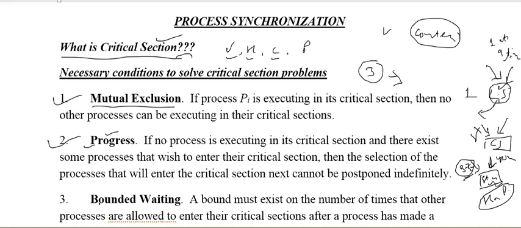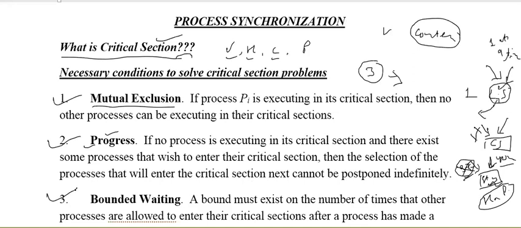So the condition says that this should not happen. Design a system in such a way that these types of friends are not allowed. They cannot halt your progress. They cannot stop you from entering the study room or study zone. So that is the concept of progress.